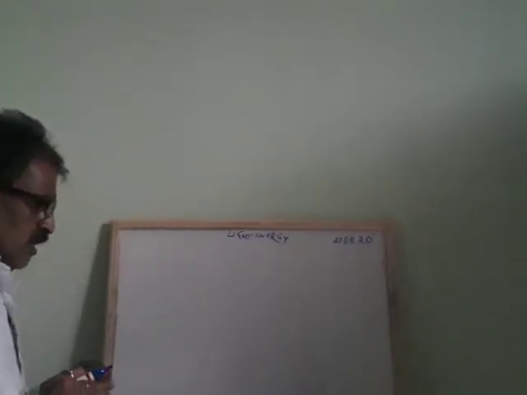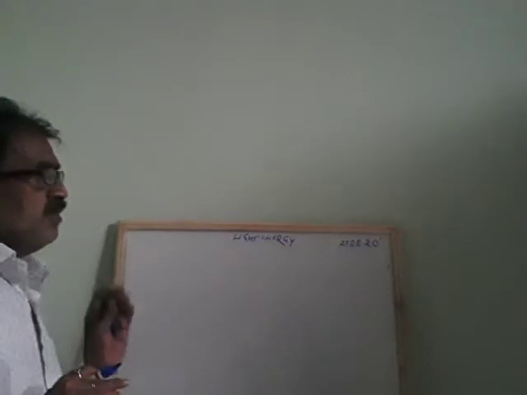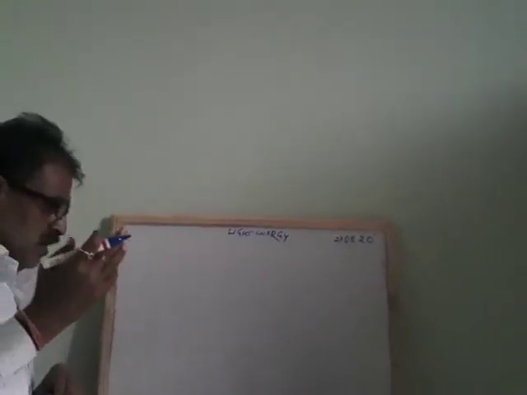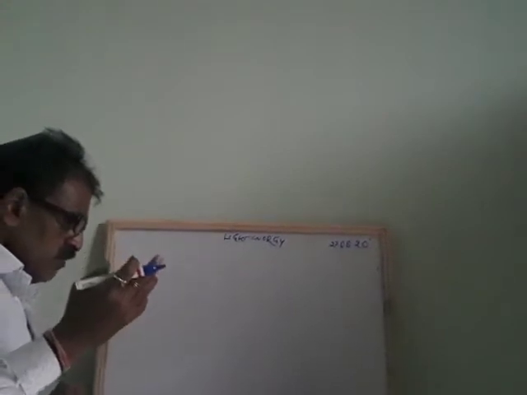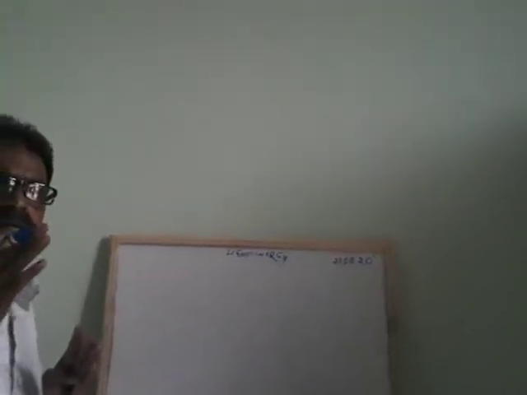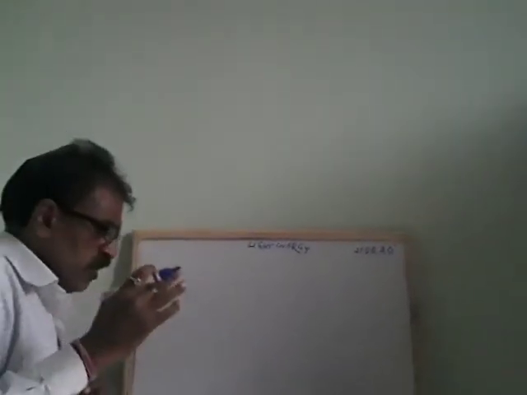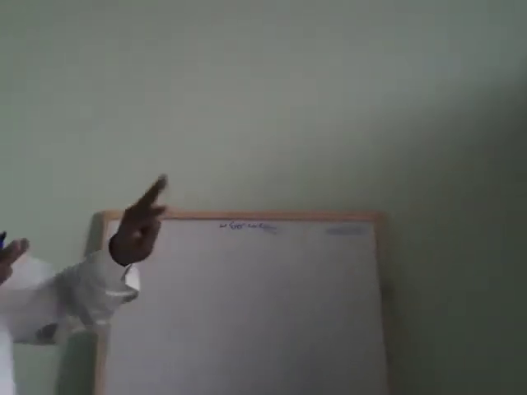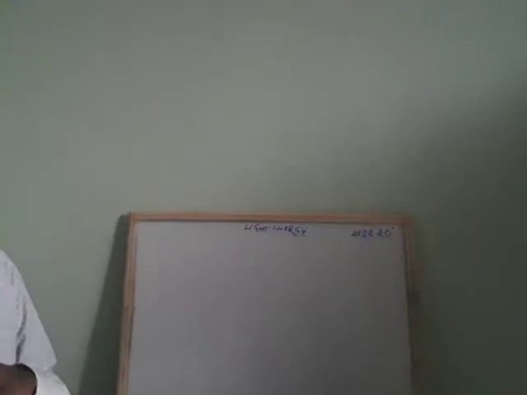And when we say virtual image, it is the image that cannot be caught on a screen. The image that cannot be caught on a screen is called a virtual image. So this is always erect and found behind the mirror. When you come to know some examples, it will be a little clearer for you.